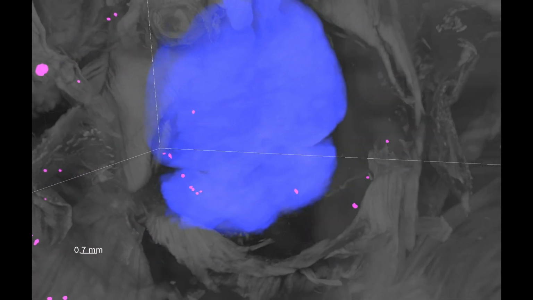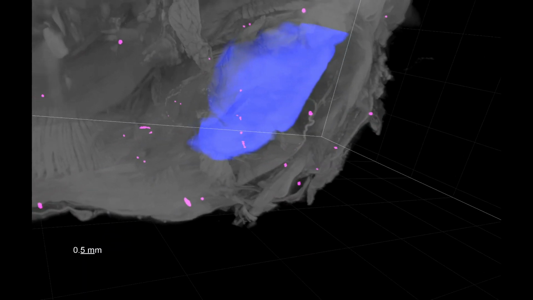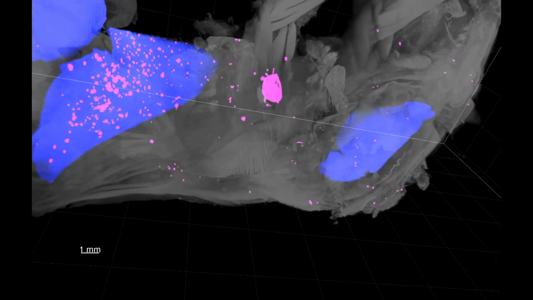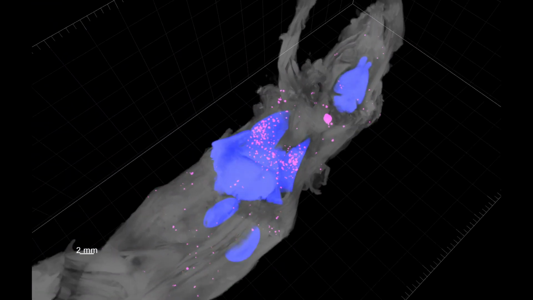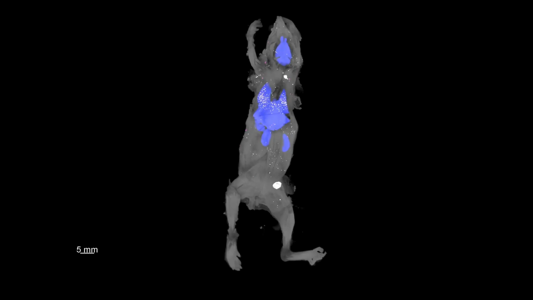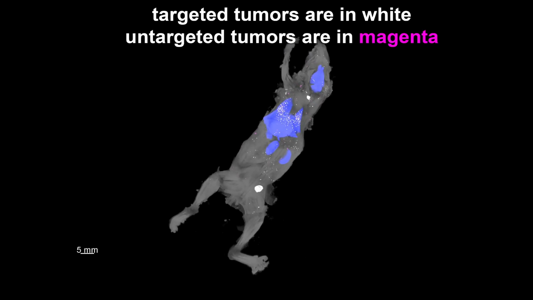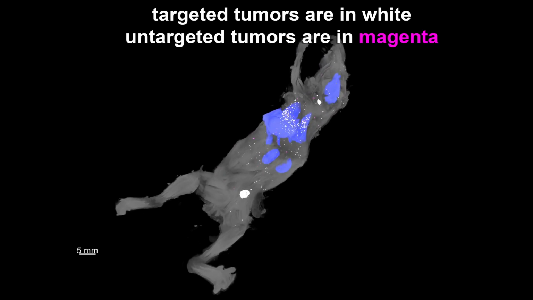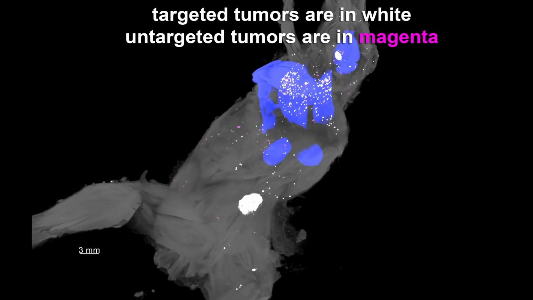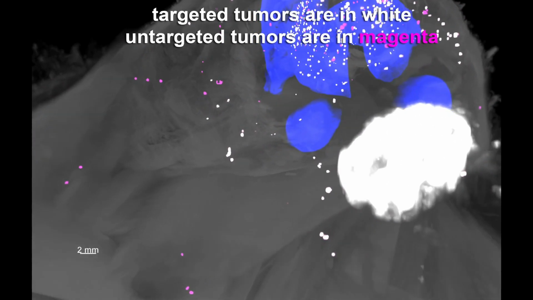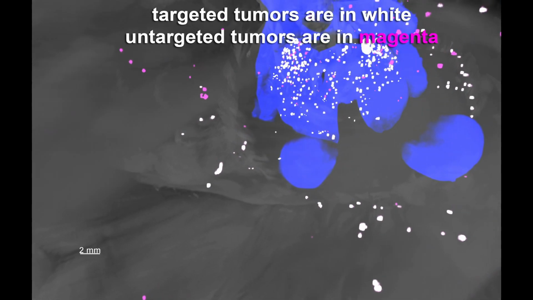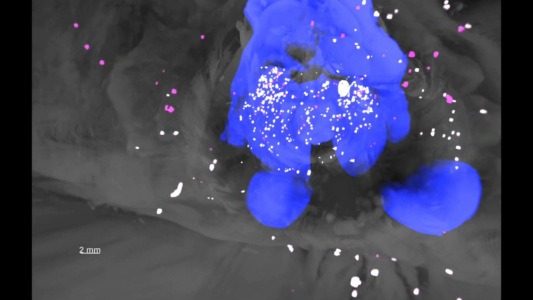Now, an interesting finding here was that after treatment with a targeted antibody-derived drug, there were a number of untargeted micrometastases. You can see that now here, where the targeted tumors are actually in white, but there are also a lot of these still untargeted tumors in magenta. The researchers ended up